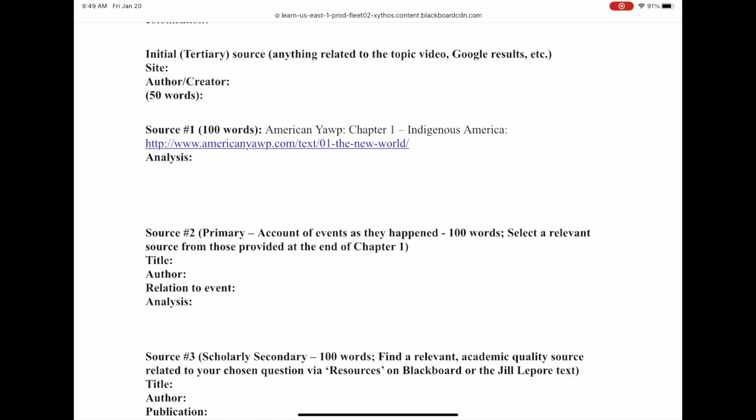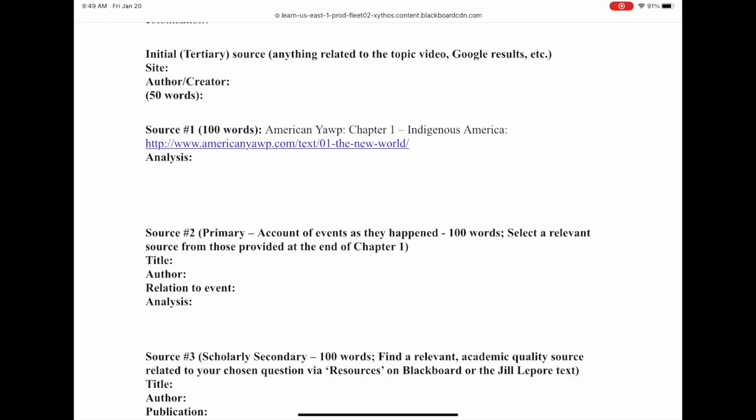If you're doing the second question, looking at what motivated Columbus to come to the New World, maybe you're going to watch John Green's Crash Course History video on YouTube, and then you're going to write 50 words about it. If you're doing the first question, you've chosen to do a specific native people, you're going to take a look at a video, or maybe you're going to look up an article on the Dakota Sioux people, or the Ojibwe Anishinaabe, or whatever people you choose, and then you're going to write your 50 words. This is just to get an initial familiarity.